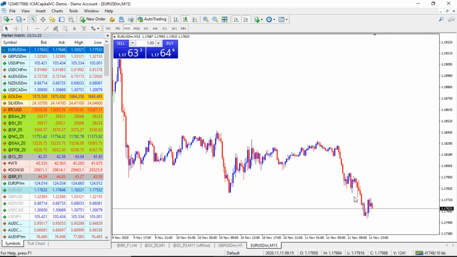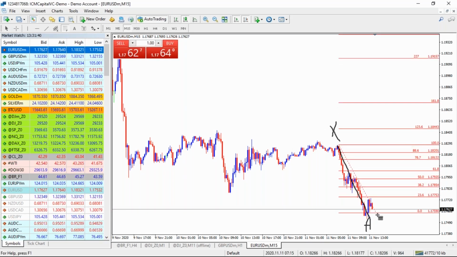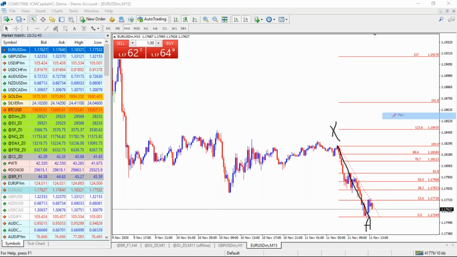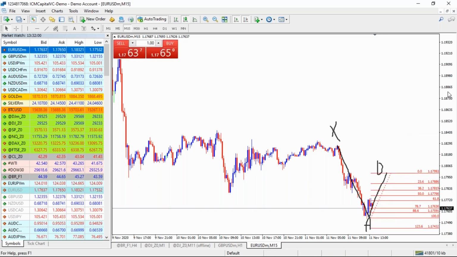So if the euro dollar is moving down now, we're starting at point X, for example. We're starting a move XA. Let's take into consideration that point A ended here, and now we're heading for a certain correction. So what I have to do is draw a Fibonacci retracement here. If the market moved upside, point B is going to end here. Now I go the other way and draw another Fibonacci from this point to this point, and by this, I expect where point C could end. And if point C ends here,